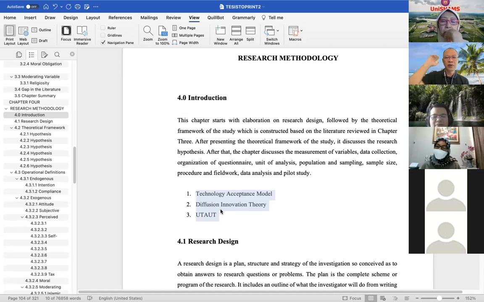Perceived ease of use, for example, perceived compatibility. Diffusion of innovation theory also has some IVs. UTAUT also has some IVs, right? So then you think, like Dr. Sufyan said, take some time to think about the variables that are significant to be included, and of course you have to justify why you include those variables. So determine what your IVs are,